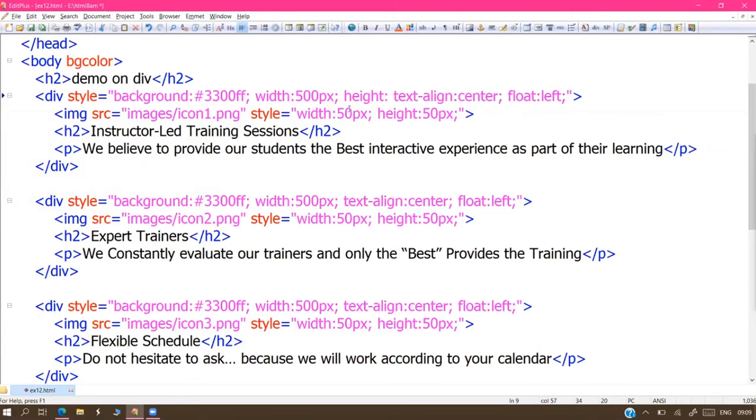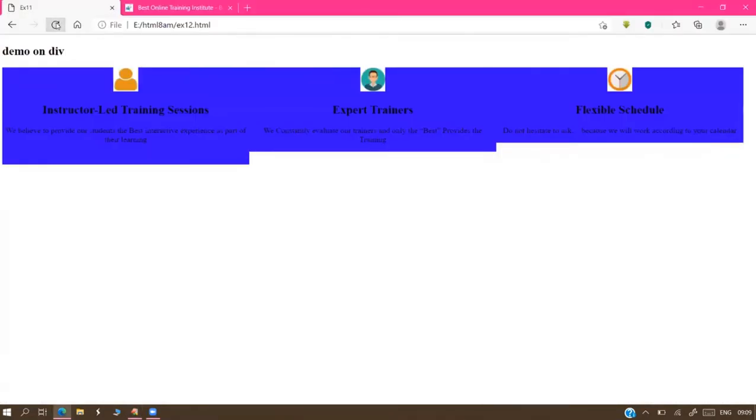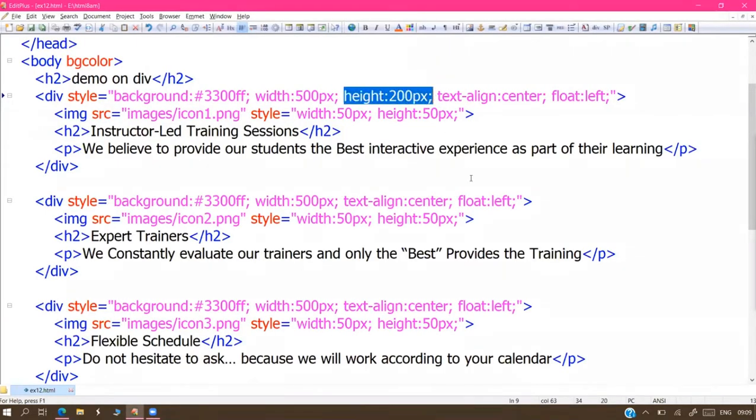Height equals, suppose, 100 pixels. First we'll check it. 100 doesn't work out. 200, okay. 200 okay. So apply the same for all.